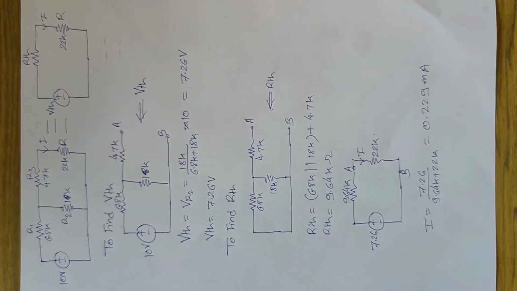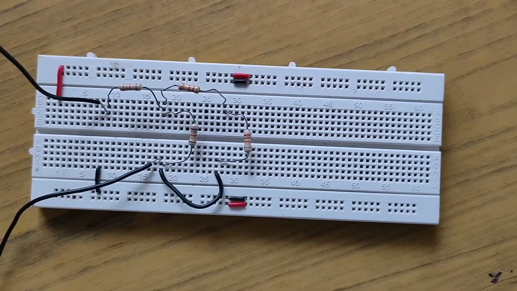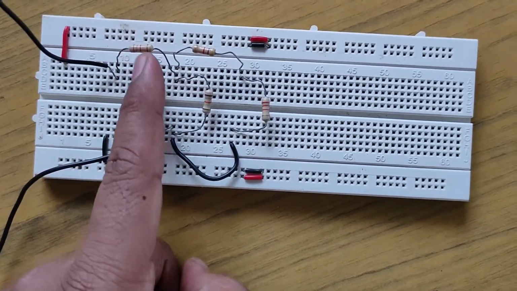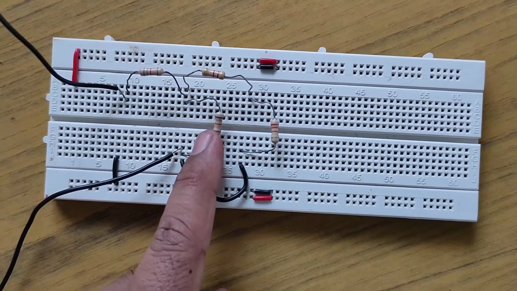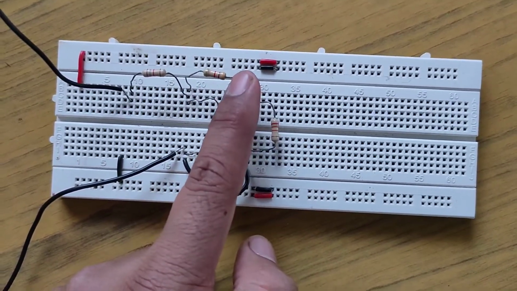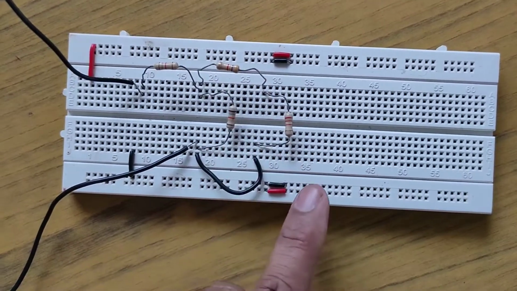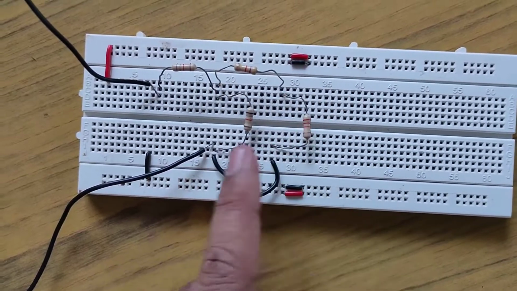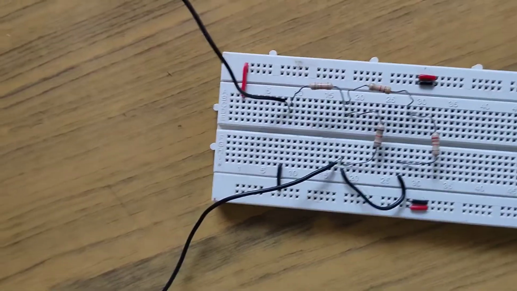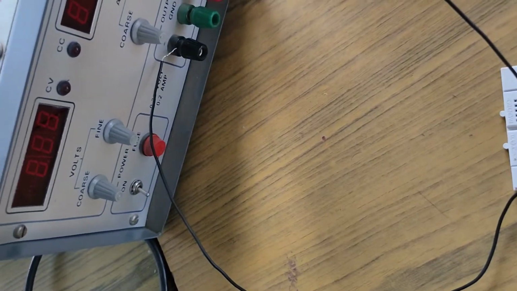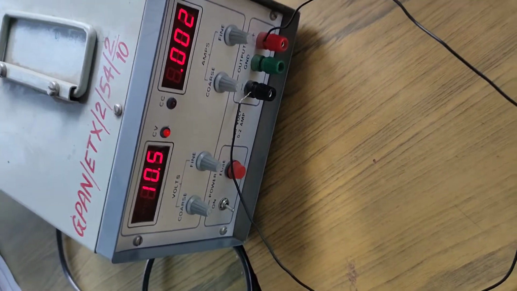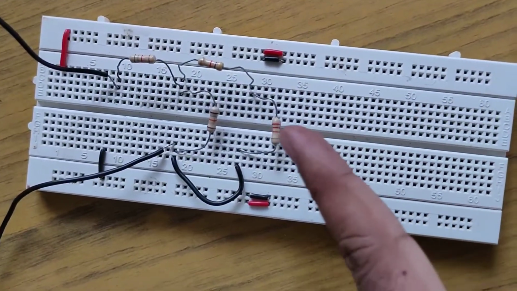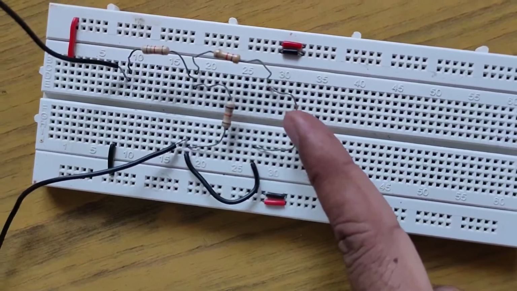Okay, so this is the practical circuit where we have used 6.8K as R1. This is the 18 kilo ohm R2 and 4.7 kilo ohm as R3. Here R is nothing but 22 kilo ohm. So once we build this circuit, we have to provide the 10 volt power supply. So here we have provided the 10 volt power supply. Now we will find out directly the current through this 22 kilo ohm.